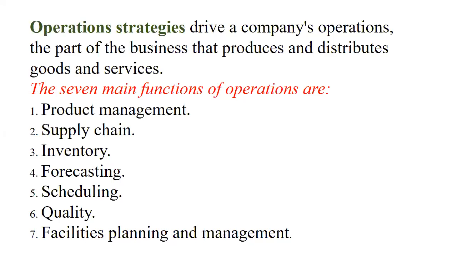Supply chain. Supply chain starts from backward linkages to forward linkages. Backward linkages means starting from raw material suppliers, raw material quality, raw material delivery, raw material storage, and raw material supply to all the departments. After production, again warehousing the finished goods and distributing to all the wholesalers, through dealers to the retailers, to the final customer.